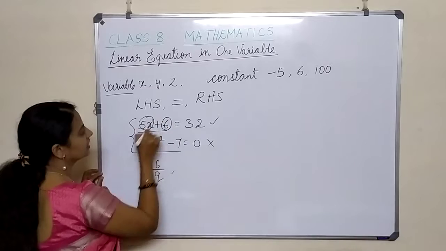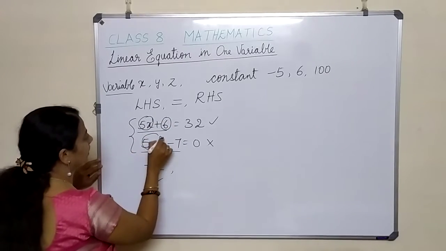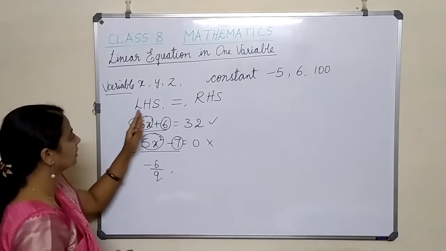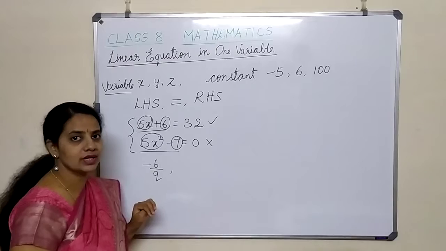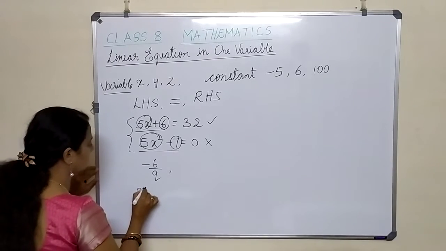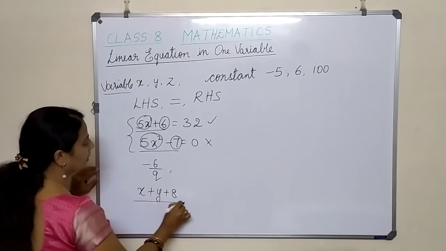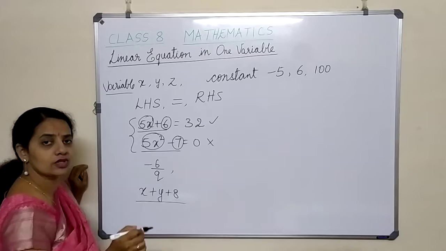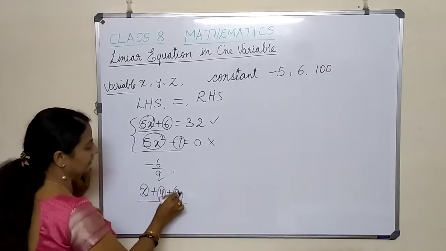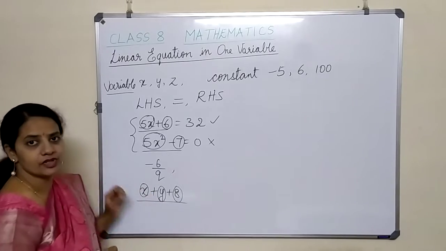This is one term and this is one term. Again here also two terms. So these two are called binomial expressions. And the same way, if you have three terms, say for example x plus y plus 8, this is your trinomial expression because you have three terms here. This is one term, this is one term, and this is one term. So this is called trinomial expressions.